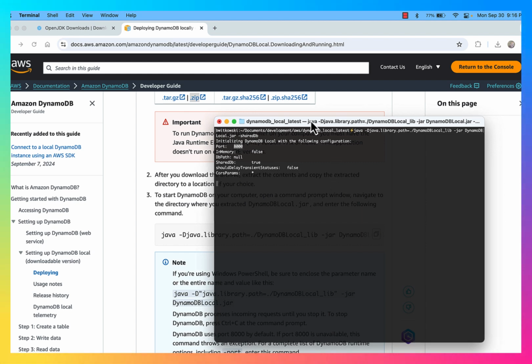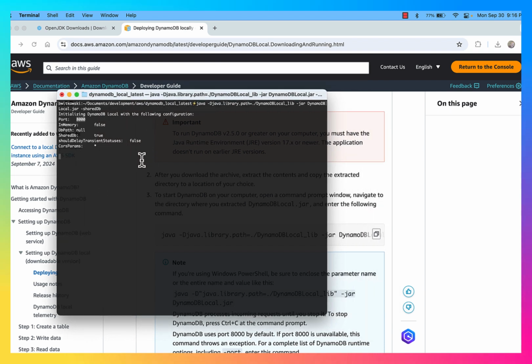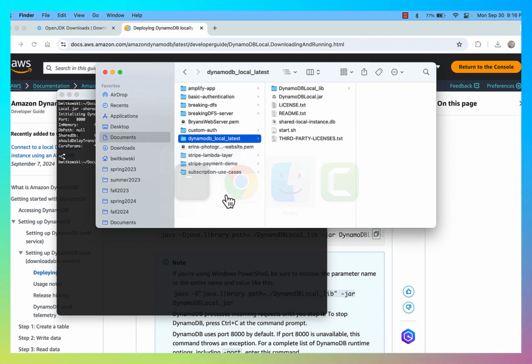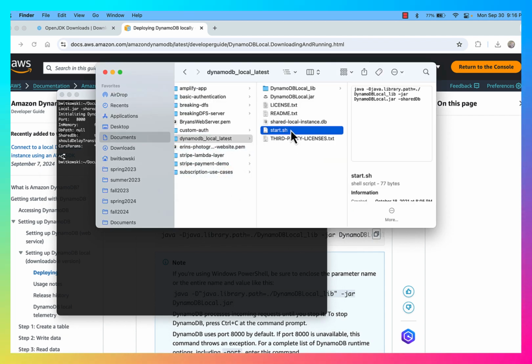I need to keep this terminal window open in the background because it's running essentially as a process. I can go ahead and stop it by hitting Control C. Okay, so now it's stopped. If you remember, I said that I had that start.sh file. And if I look at that start.sh file, you can see over here that it's just that same